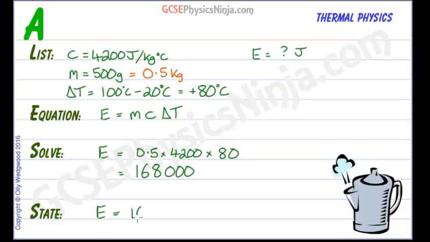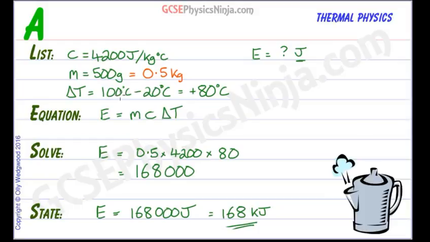So E equals 168,000 joules. We can always check our data list to make sure that it matches. Yes, it does. And we might want to put that into kilojoules, which is a little bit easier to read. 168 kilojoules. So that's the energy that the kettle has transferred to the water to make its temperature rise from 20